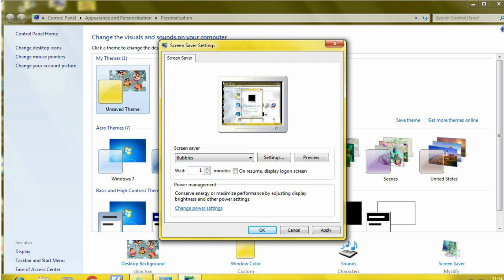We can set the timing here in the Wait box. You can increase the timing by clicking here, decrease the timing by clicking here. I am setting this as 1 minute, and we can see the preview here by clicking on the Preview button.